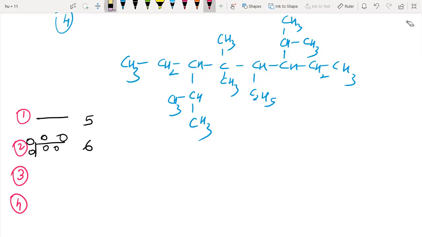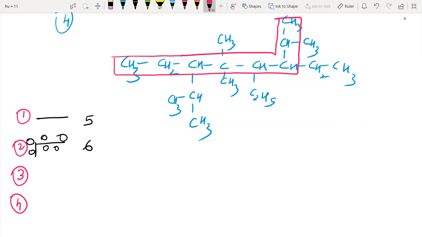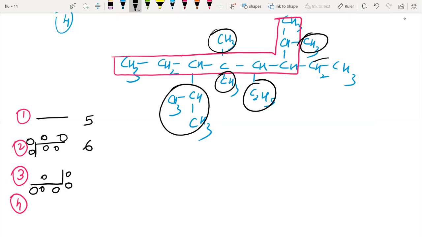Okay, one more possibility now we'll see. See, in this, another possibility. How is this? It is like this way here. Where are the groups attached? One attached here, second is this, third, 4, 5, and this 6. If you want to see, I'll show you. 1, 2, 3, 4, 5, 6. So we are getting 6 here. Okay. Now, the fourth one we will try.